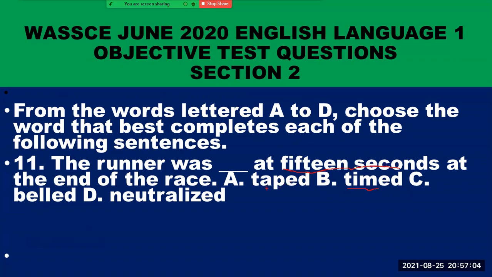Taped doesn't refer to that. You can tape an audio or a video of something. You can have an audio or video tape. So it has a different meaning. Belled is out of it, neutralized is out of it. So let's now go to